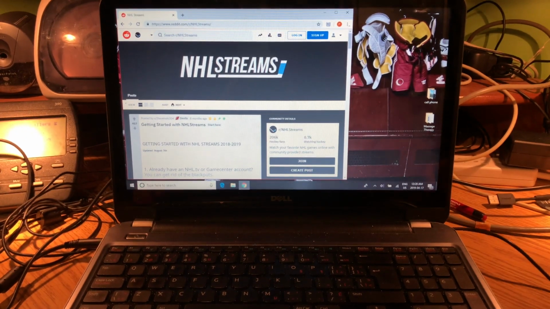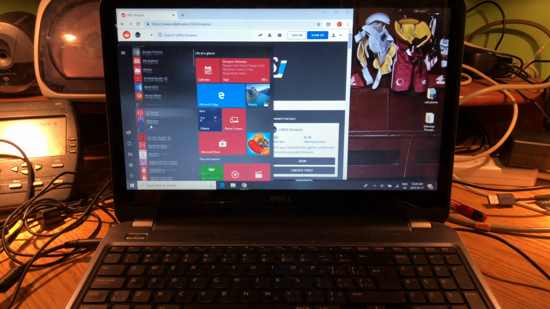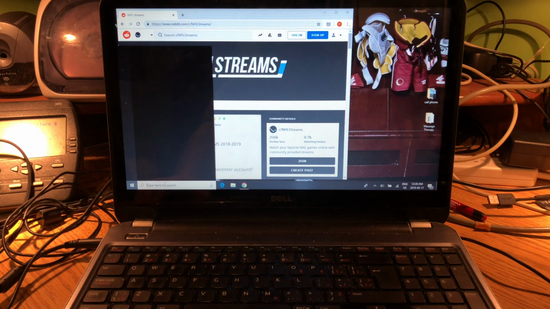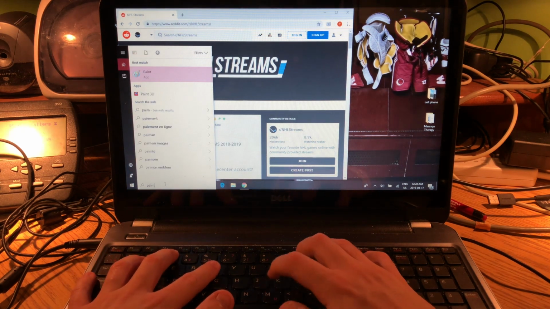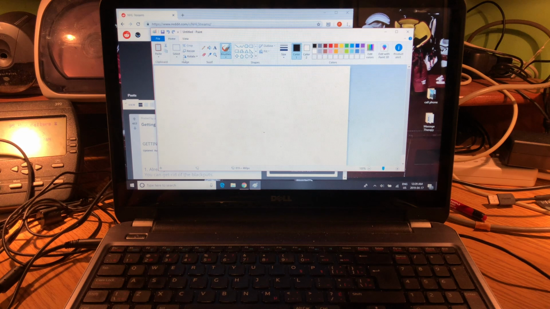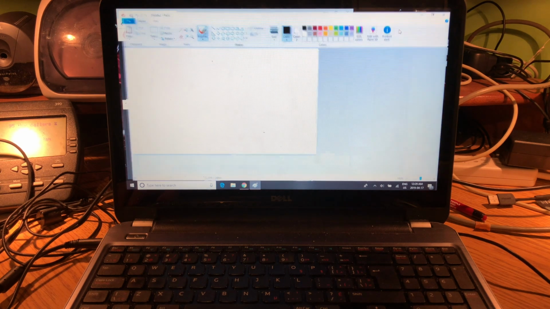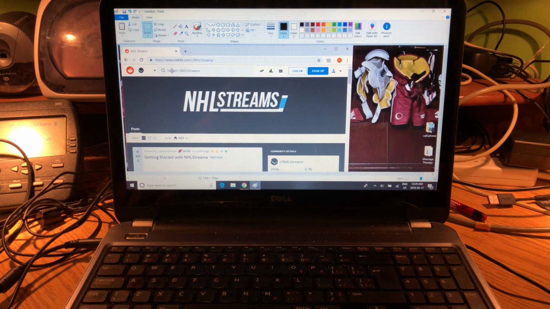And then you want to go to start, and then try to look for paint. But I'm just gonna type it in, easier and faster for me. There we go. Click paint, and then I'm gonna make it a little bit bigger, and then you can just hit paste, and then here you'll see the entire screenshot, and then you can either